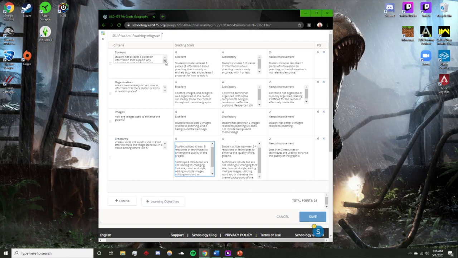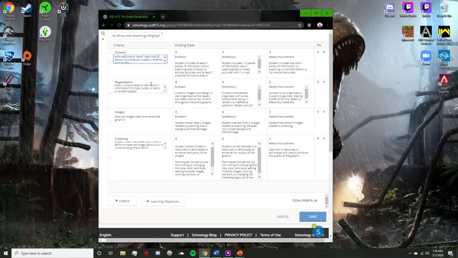Make sure you have three pieces of evidence, as of right now, to support your infographic on why poaching is bad or why it has a negative effect on the world or sub-Saharan Africa as the region. You need three points explaining that, and then you need one way that people like me, people reading your infographic, could help, or one proposal that the countries involved or people in the region could use to help the issue as a whole. That's as specific as I'll get with that, but as long as you have all those things, you'll